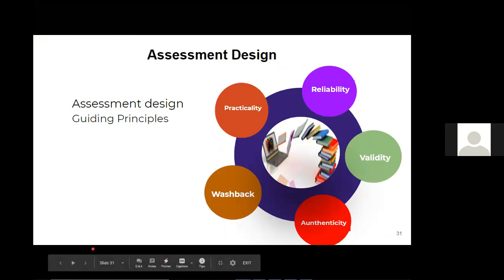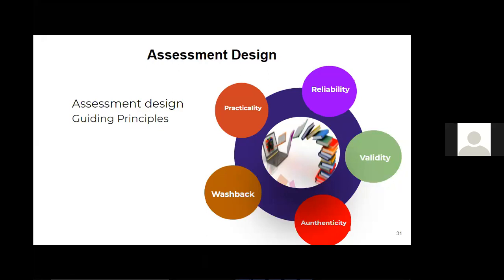Then authenticity, where we looked at whether your assessment contains natural language and meaningful, relevant and interesting topics that replicate real-world experiences. And then washback, which is the consequence of the assessment on teaching and learning.